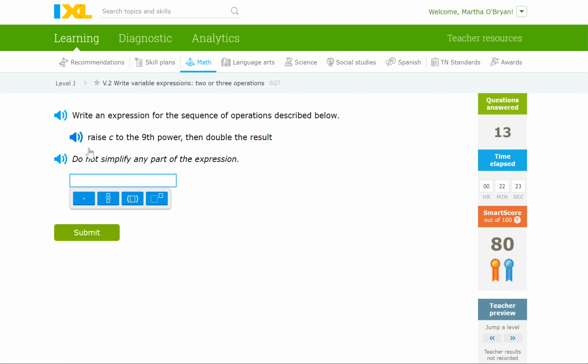Oh, I'm sorry, I'm reading this wrong. Raise C to the 9th power, then double the result. Yeah, so actually that's correct. You can just do 2 times C to the 9th power. If I had put 2C in parentheses, as I was just about to do, then it would mean that both 2 and C, the product of them, would be raised to the 9th power. Awesome. So I'm going to give you a chance to try